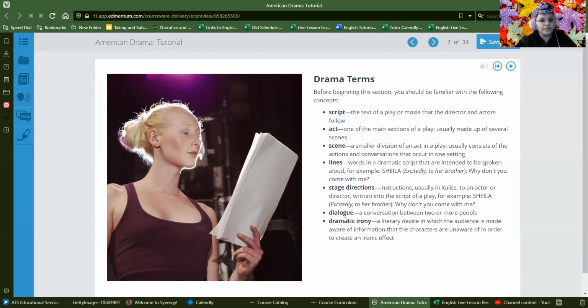A dialogue is just a conversation between two or more people. Just to make this connection to other things that we've talked about, the prefix di means two. So a dialogue is a conversation between two or more people. There might be a reference to this later, but a monologue, mono, is a prefix that means one. So it's when one person is just talking to the audience. A dialogue is between two or more people.